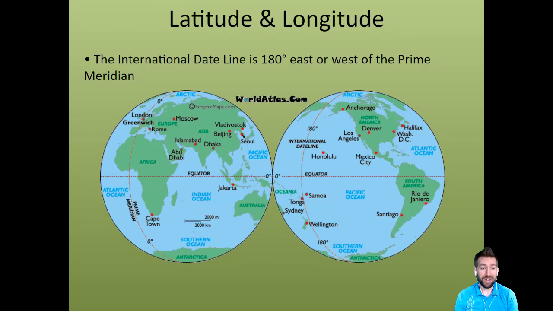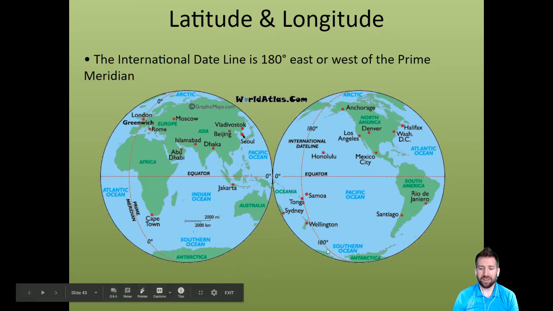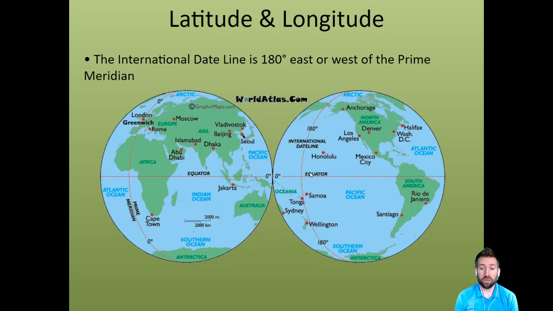So kind of funny, but also it runs through mostly ocean. So it's not a huge problem because you don't have lots of people going past it all the time. But we needed to have a date line somewhere because where does a day start and a day end? It's kind of hard to wrap your head around if you don't have something concrete, a definite line where we kind of draw where the date comes from and ends. So you've got this, and then again, here's the prime meridian, the 0, and that runs through